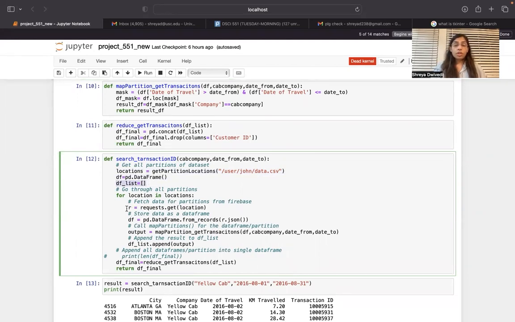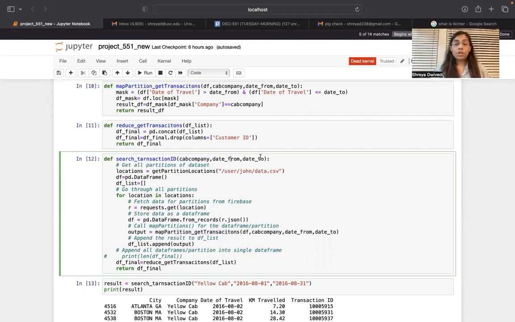Now I'm going to send a GET request to each location, and it's going to send me some data. I'm going to store that data in a data frame, and then send that data frame to this map partition get transactions function, and also the arguments that I got,